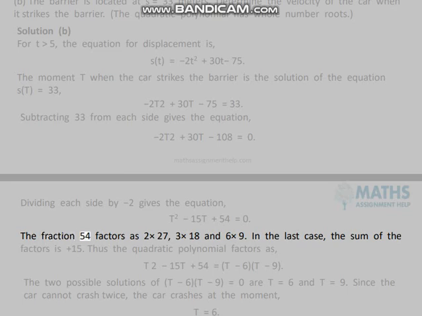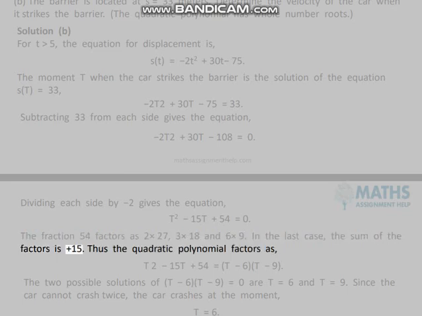The number 54 factors as 2 times 27, 3 times 18, and 6 times 9. In the last case, the sum of the factors is 15. Thus the quadratic polynomial factors as